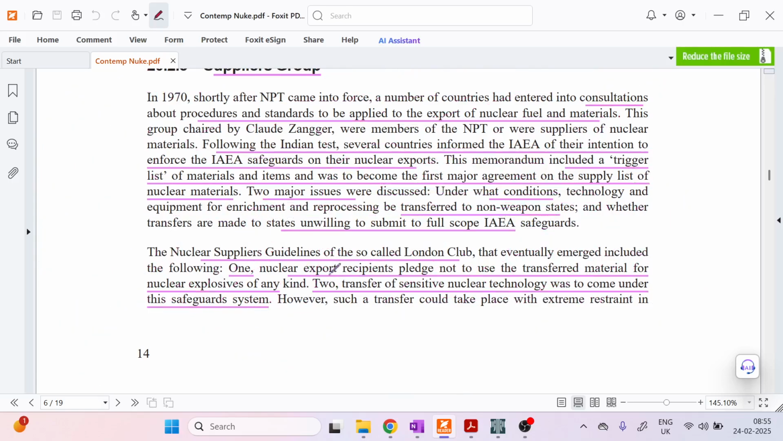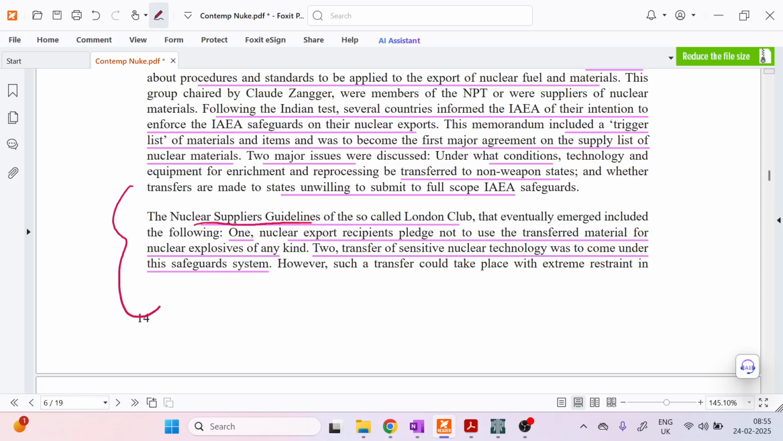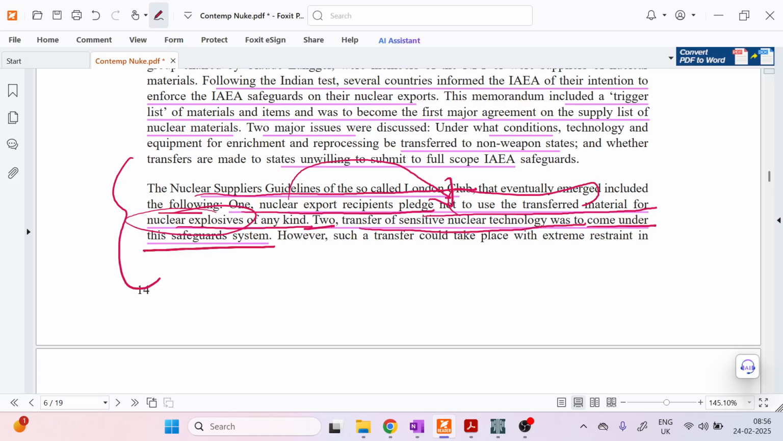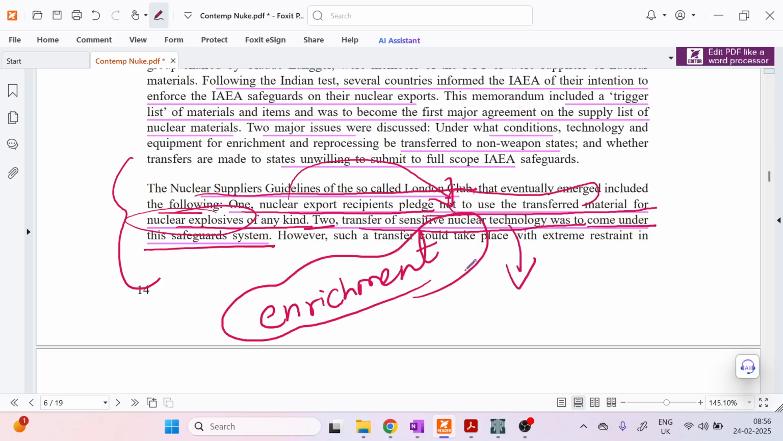weapon grade uranium. So finally, the nuclear supplier guidelines of the London Club included the following. One, nuclear export recipients pledge not to use the transferred material for nuclear explosives of any kind, which means that if nuclear material is supplied, it should be used for civilian purposes only. It should not be diverted for nuclear weapons. Second condition, transfer of sensitive nuclear technology, especially that relating to enrichment of uranium, was to come under the safeguard system, because it is here that the same enriched uranium or